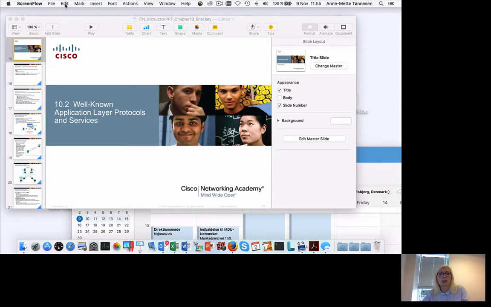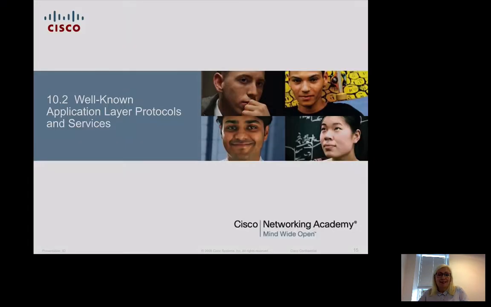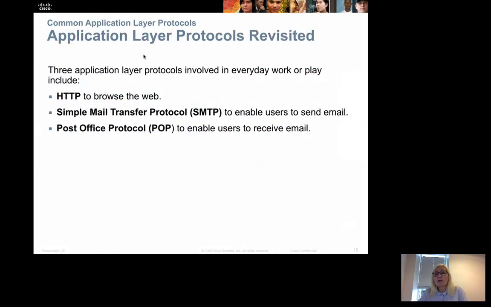This is CCNA1 Chapter 10 Part 2 about the application layer protocols in TCP/IP. These are protocols that we are using every day, and I'm going to try to explain how these protocols are working and what they are doing. First of all, we have the HTTP protocol to browse the web. We have SMTP to send emails, and also the Post Office Protocol, POP, to enable users to